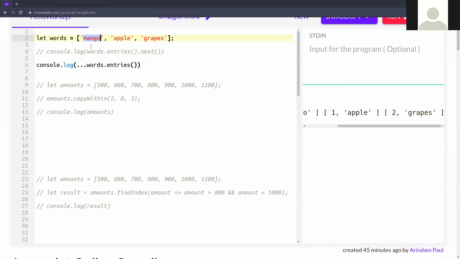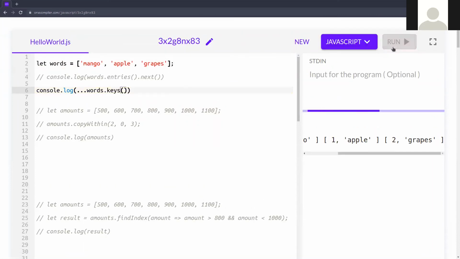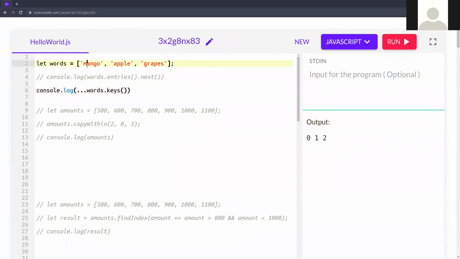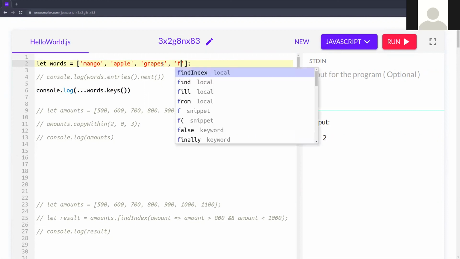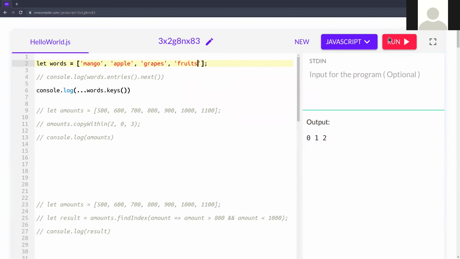If you want to print that as keys, put keys here, then run. You can see this is 0, 1, 2. And if you add another fruit, you can see 0, 1, 2, 3 right now.